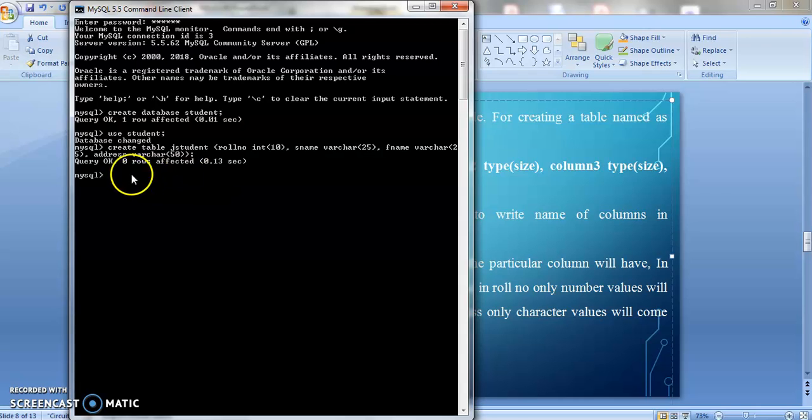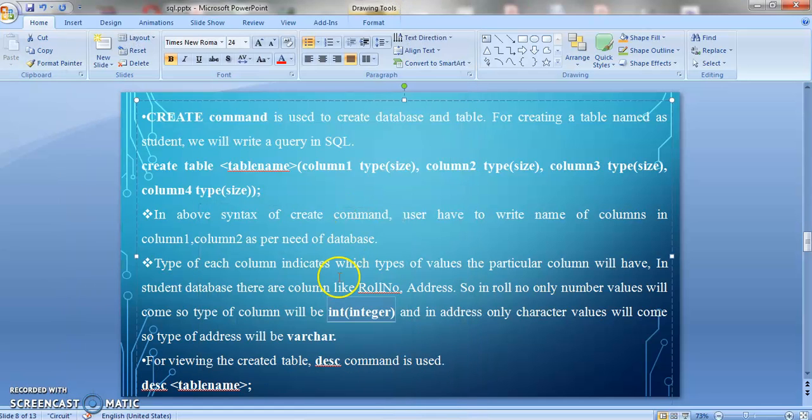So see, the message coming is query okay, which means our table is successfully created. Data is still not entered, but we have created a table named J student. Okay. So our table is created. Now, for viewing the table we have just created using the create command,